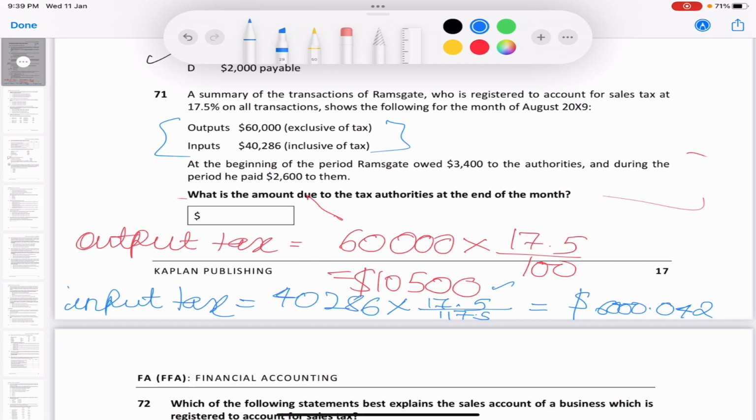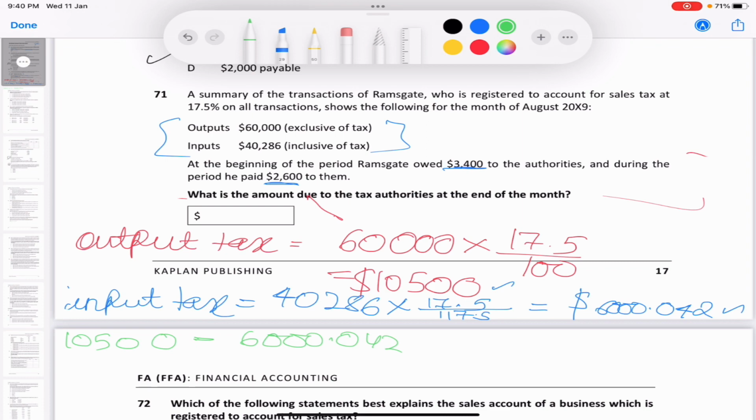You have an output tax with you and you have an input tax with you. At the beginning of the period, Ramsgate owed this much to the authorities, and during the period he has paid this much. Let us come to that also. Let us first find out how much he actually owed in this situation. So what did we do? Output minus input, that's what we used to do so far. What is due to the government minus input, which you have already given, would give me the net amount due. You remember that? So let us do 10,500 minus